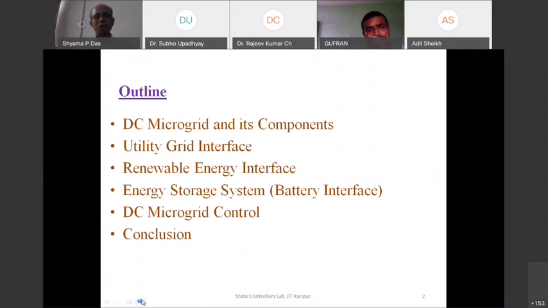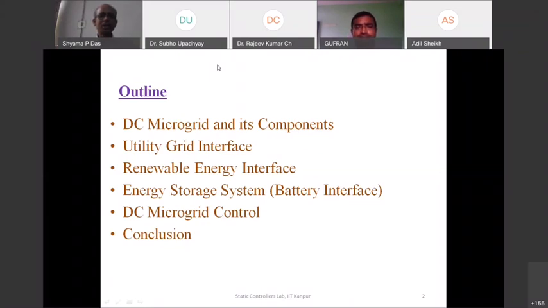And then we need to have a storage, because anything can stop functioning. For example, the utility can go out of order. The renewable energy can vary. It is stochastic in nature, it can vary. So we have to have a storage to ensure that the energy is available most of the time. So we will see how we can interface our energy storage system. And for this application, we have taken a simple battery system.